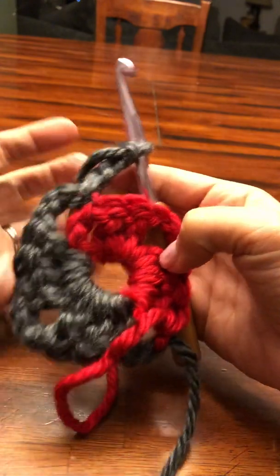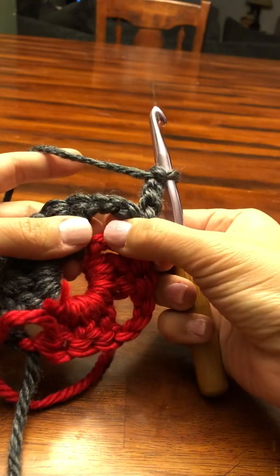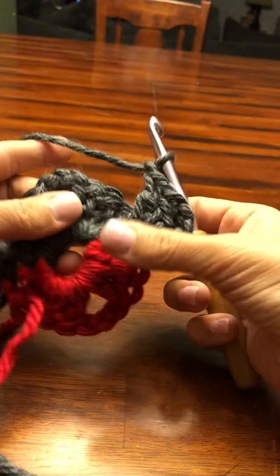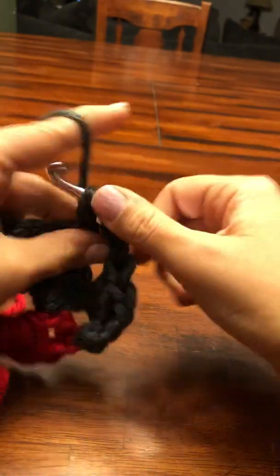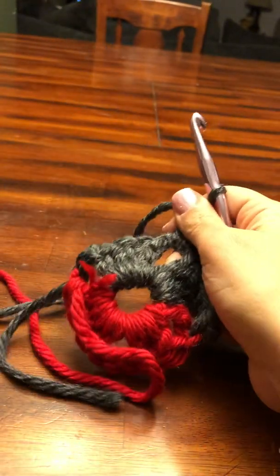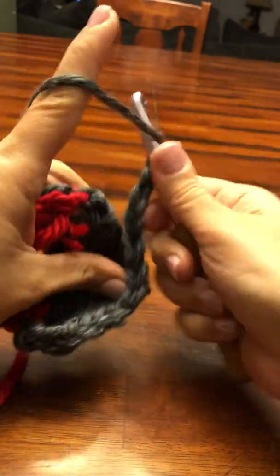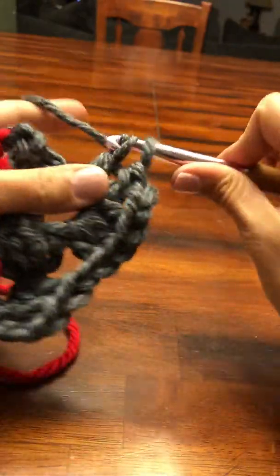And now we're going to work in the correct direction. So you have a chain 3, so that's 1 double crochet, and we're gonna do 2 more in this space. So do 2 double crochets, chain 1, and now we're going to come over to the next corner. 3 double crochets, chain 3, 3 more double crochets in the same corner, 1, 2,